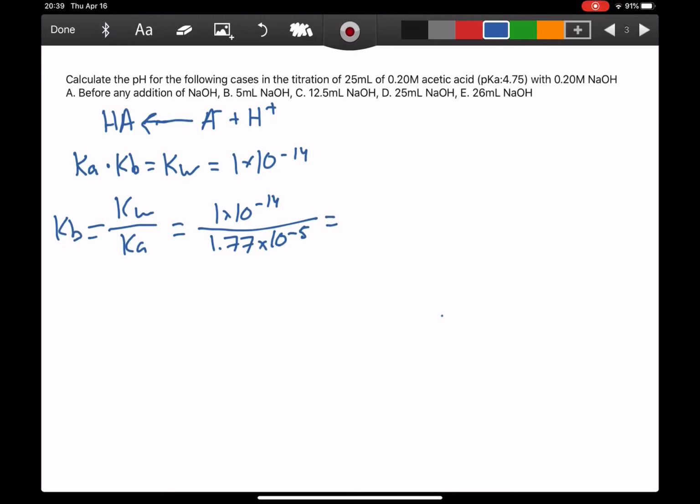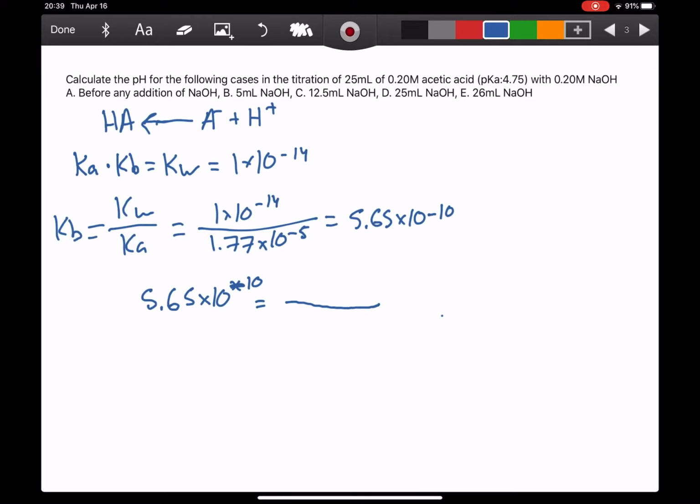And if we divide that, we're going to have 5.65 times 10 to the negative 10, which is really small. So this is the Kb, and this is the equilibrium constant, or the equilibrium expression, that is explaining the reverse reaction here. So now that we have that, we can set up our equilibrium expression. So 5.65 times 10 to the negative 10th is going to be equal to